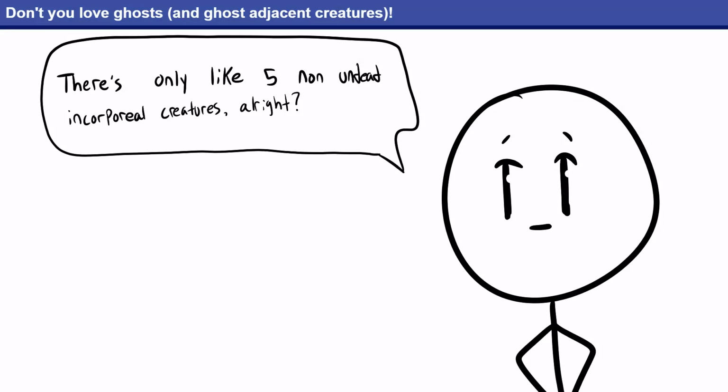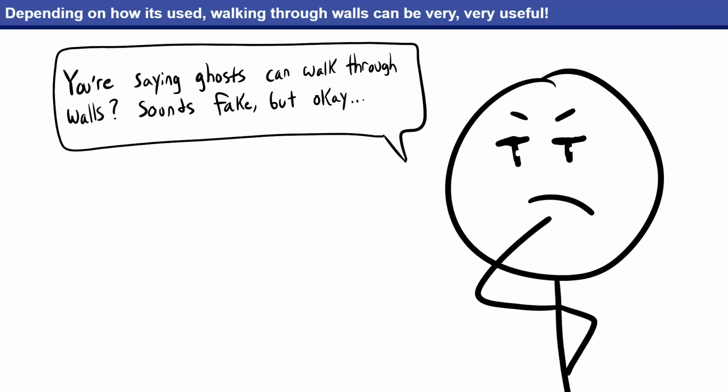So while I'm going to be saying ghosts in this video a lot, basically everything also applies to all incorporeal creatures. In general, ghosts are one of my favorite types of creature in 2e, and they can be horrifying if you aren't prepared to encounter them. Let's start off with breaking down what makes incorporeal creatures special, shall we?